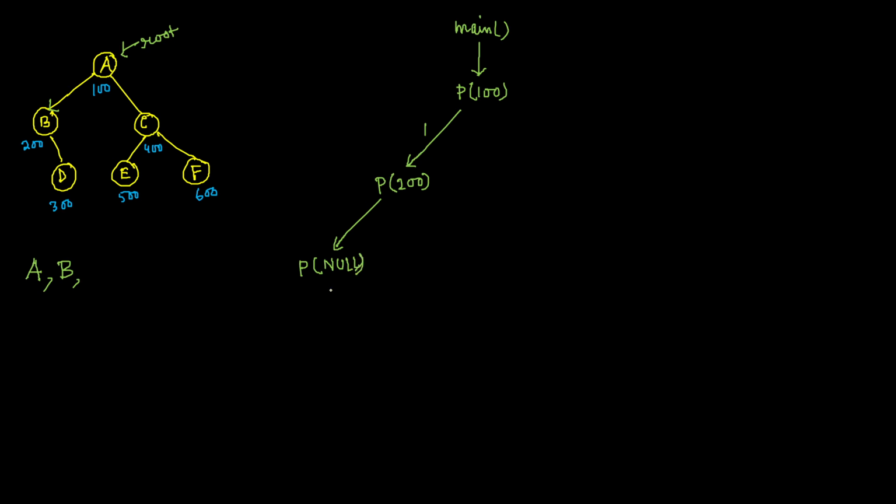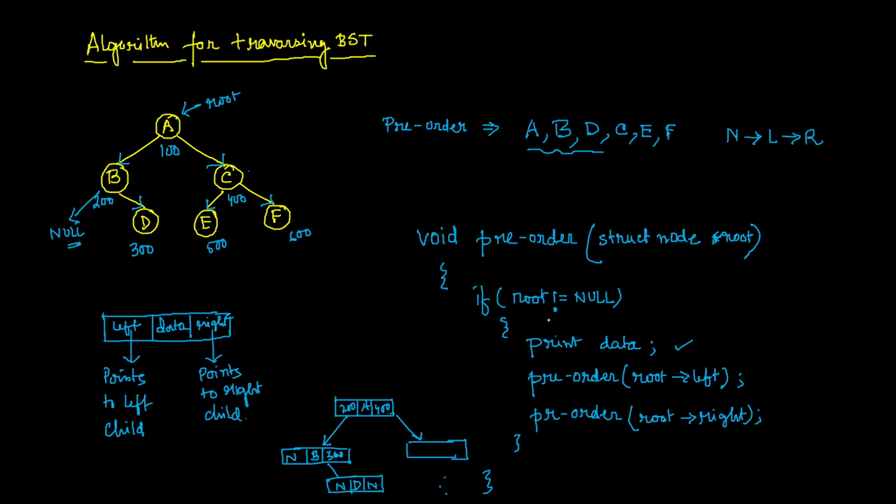Right. And this clone will see that address is null. So this condition is validated. Now if this condition is validated, that means in the else part what to do, it's not written over here.